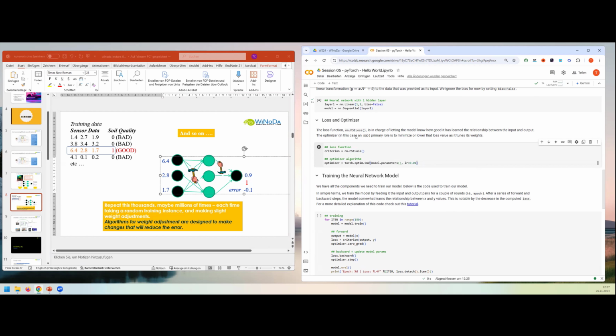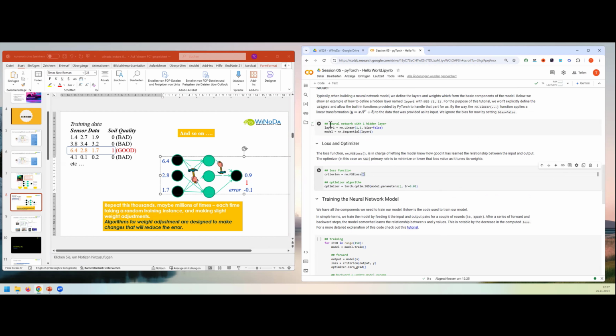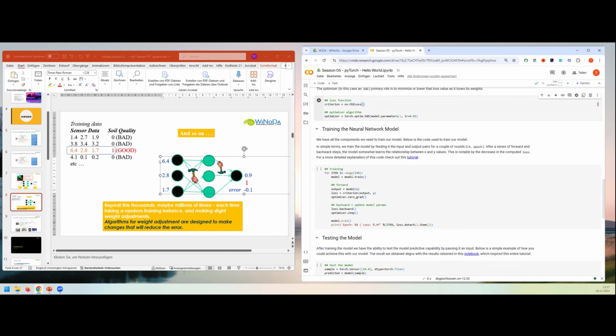Okay, this loss and optimizer is usually just standard. So for many tasks, you can just use it as it is. What you would change then, and we will do this in the next hands-on part, is the architecture of the neural network here. So maybe with more nodes in a layer or even more hidden layers in our network. This will be more or less always like this, so this is something we can usually use as a standard. Okay. So now we have set up and created our model, and now we want to